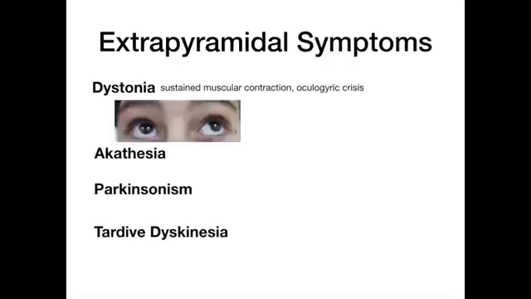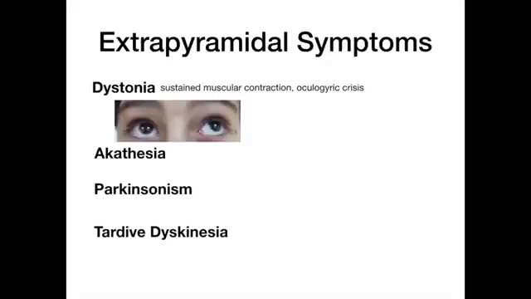So dystonia is a sustained muscular contraction, and that includes 2 things that show up on exams all the time. The first is oculogyric crisis. That is when the eyes have this stuck, fixed upward gaze, and the muscle of the eye is literally pulling the eyes up. And because it's a sustained muscular contraction, the eyes are stuck looking up. The reason this is really high yield is because when people think of dystonia, they classically think of a bicep contraction or something in the arms, but in the eyes you can have the same sustained muscular contraction. So look for the oculogyric crisis.